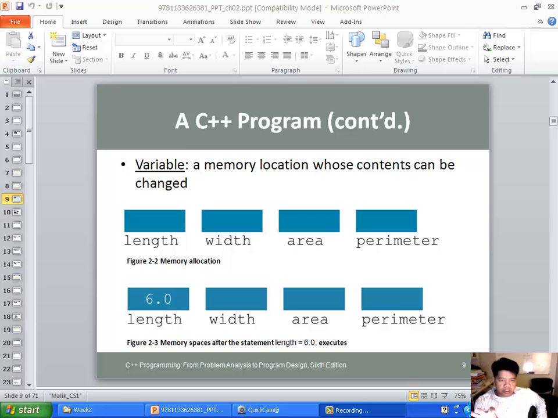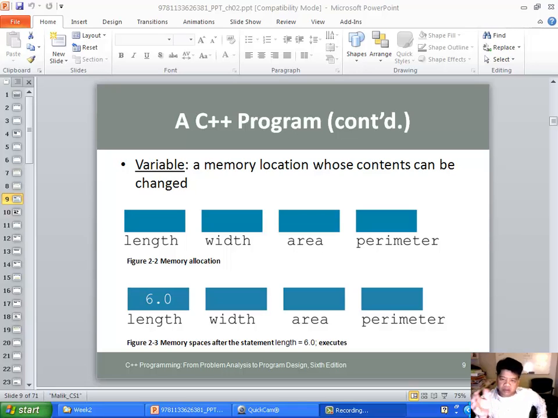This is a really good depiction of what actually takes place in memory. If you look at the variable, what is actually taking place? This isn't like a memory address. When you allocate a variable in memory, these are called length, width, area, and perimeter. These variables that you are allocating, the square purple colors, are like an address for length. It's a location in the RAM